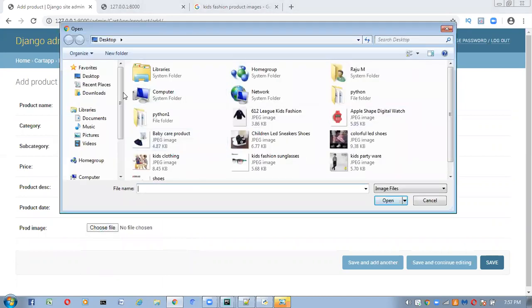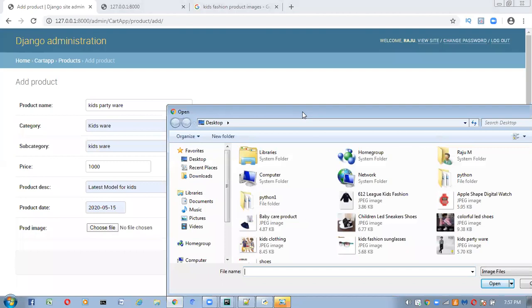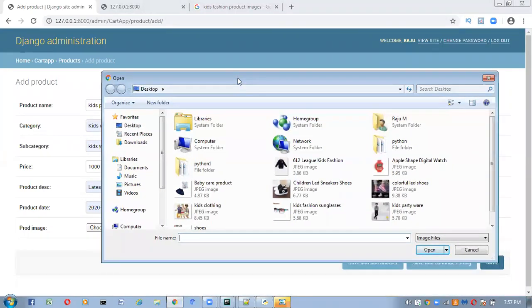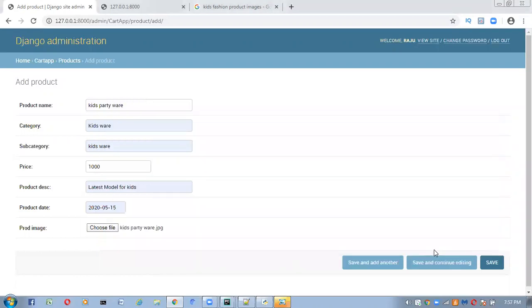Here I'm going to choose the file, where is that, what name we gave, man, I forgot that name, kids party wear something, where we have this one I think, open, save.